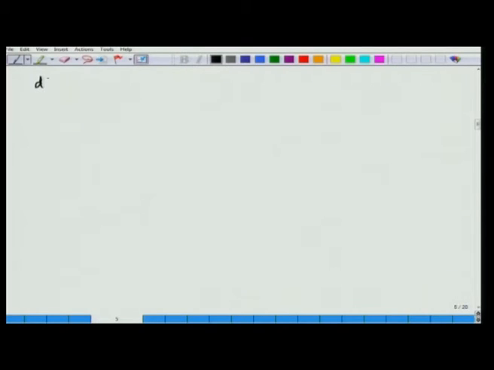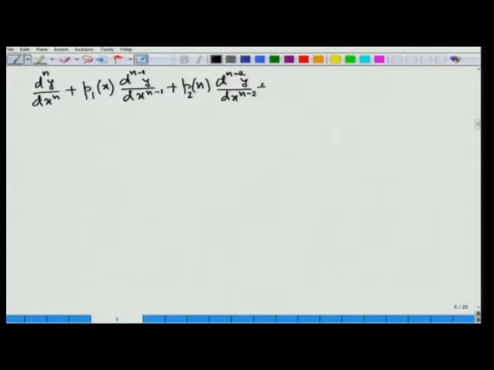Now, we consider this equation: d^n y/dx^n plus p1(x) d^(n-1) y/dx^(n-1) plus p2(x) d^(n-2) y/dx^(n-2), proceeding in this way, up to p_(n-1)(x) dy/dx plus p_n(x) y,